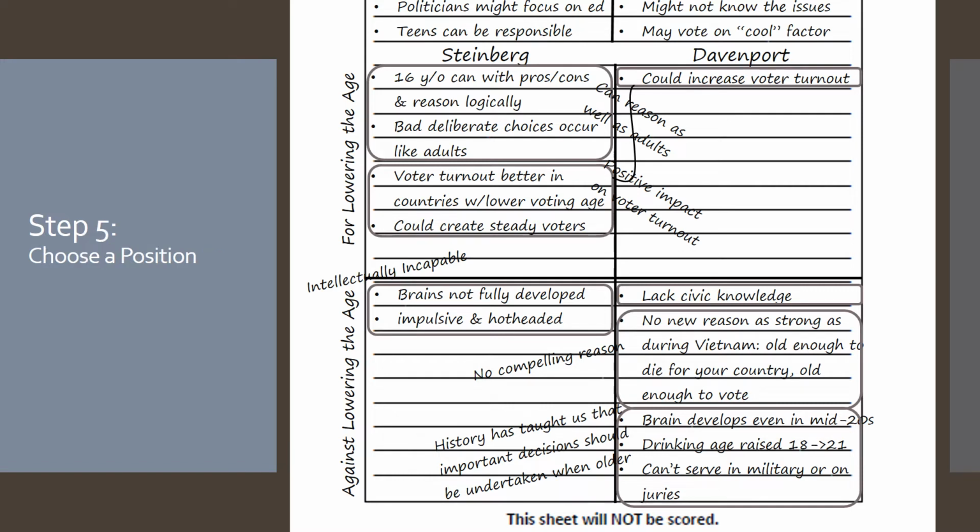Which side I'm going to take. Now, I might believe that the voting age should be lowered, but when I look at the evidence provided to me, I only really have two reasons why it should be lowered, whereas there's at least three as to why it shouldn't be lowered. So when I go to choose what side I'm going to be on, I'm going to pick the side that has the most evidence to support it, even if that's not really my personal position. Okay, so I'm going to end up going with the side that says